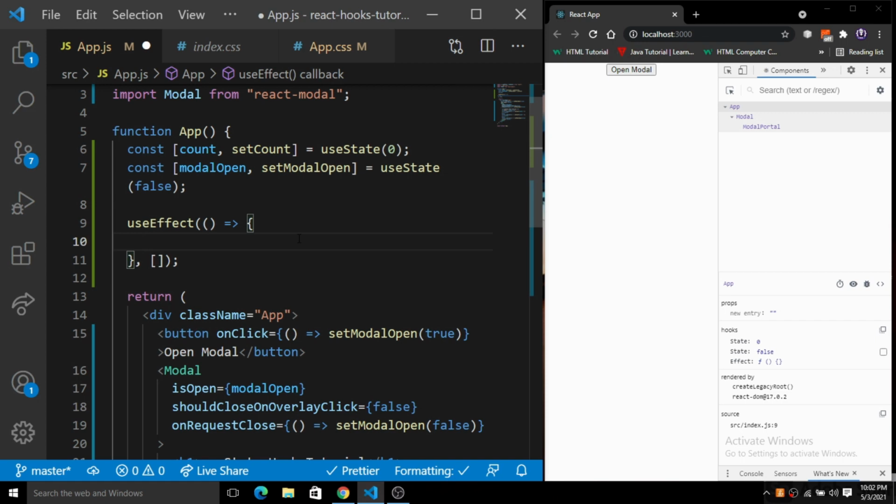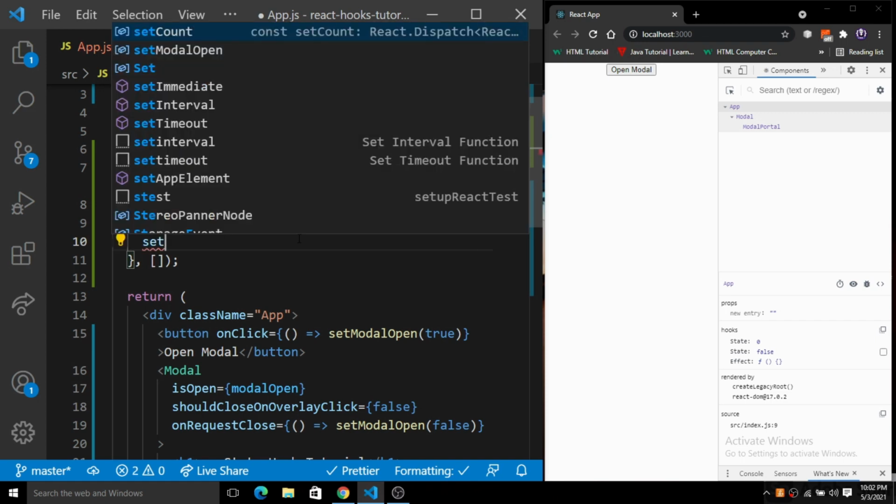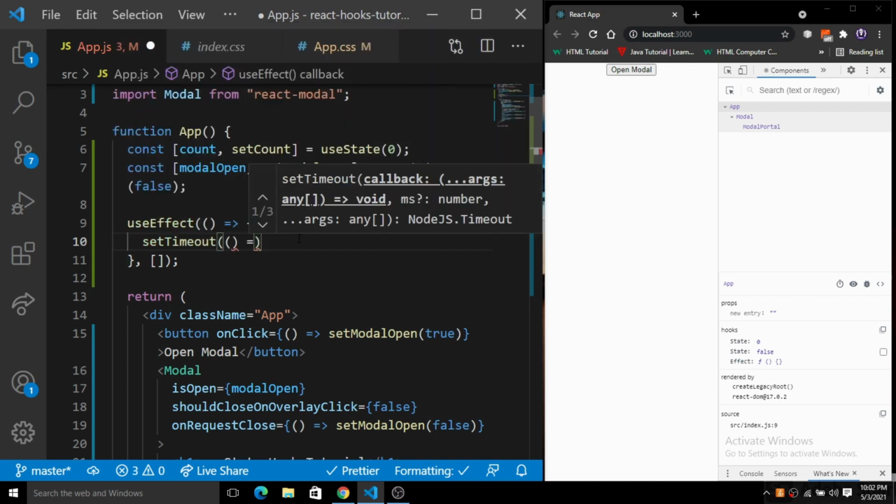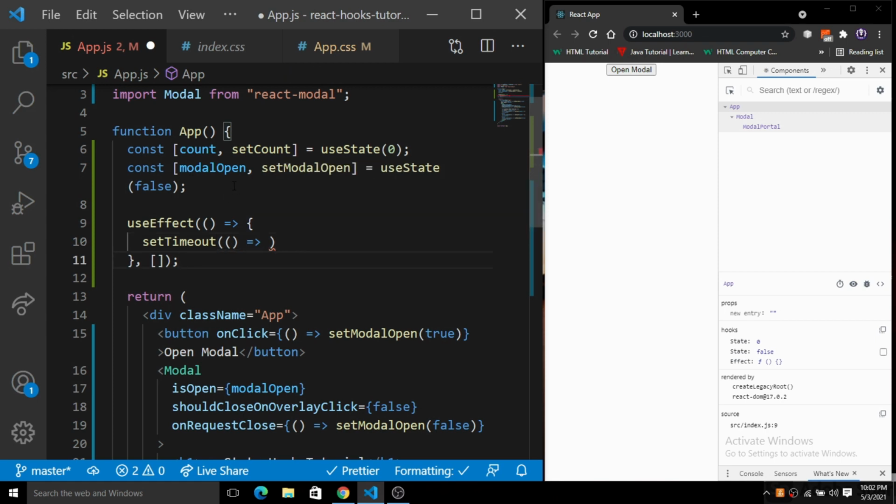If you pass the dependencies inside this dependencies array, then it will run as many times as the thing you have passed inside the dependency array changes. Here I will create a setTimeout function. Basically we will have a timeout function, and we already have a state. As you can see here, we have created two states, a count and the modal, and the setModal open and close function.